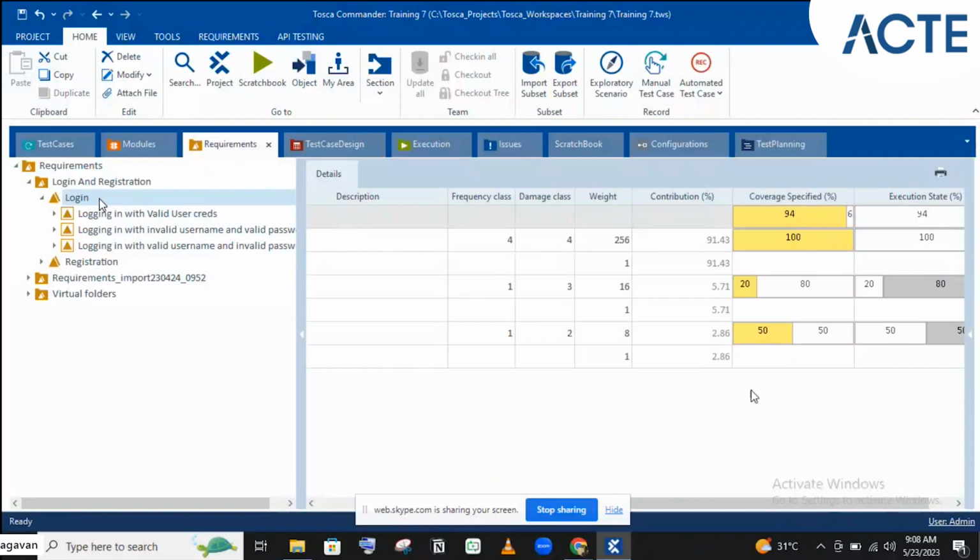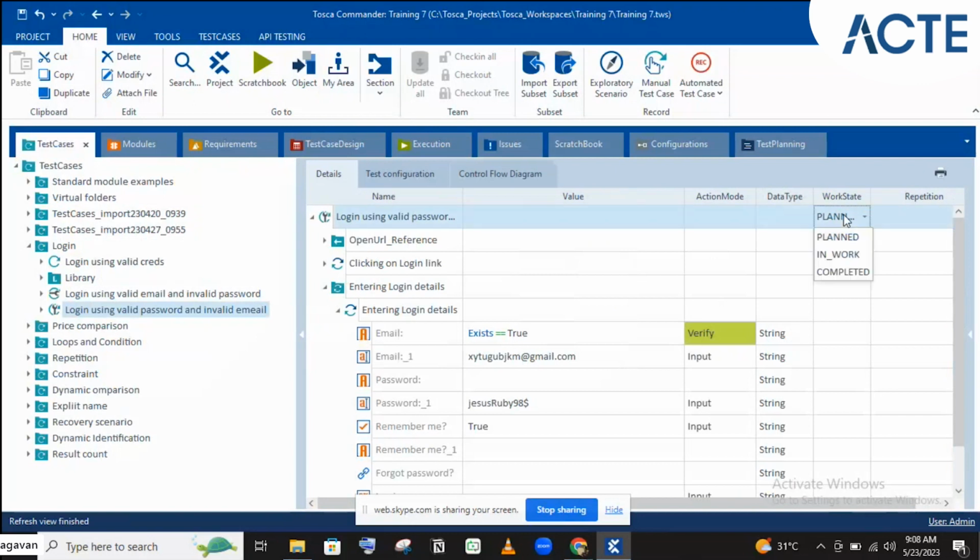Not execution, the work state, based on the work state. Here we have work state, right? Normally we would set the work state to planned if you have just started working on the test case. If you are doing some process, the work state will be in work. And if you are done with the test case,